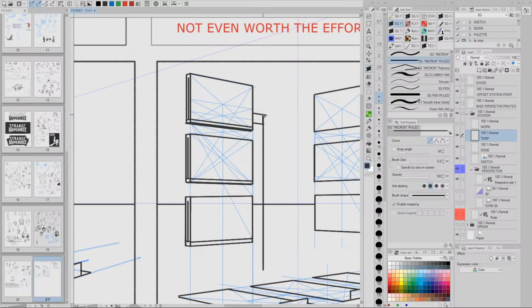Again, let's see. We want this. We want this. I don't know if it matters. All I'm trying to do is make a demonstration that